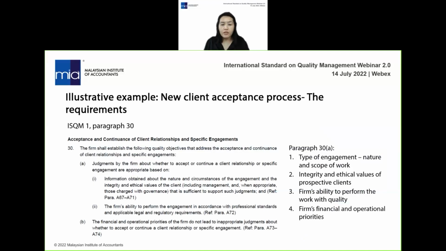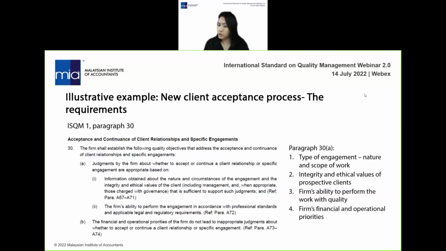So just to share with you a very simple illustrative example on the new client process. This is the requirements. If you look at ISQM 1 paragraph 30, this is the paragraph on the acceptance and continuance of client relationships. When you look at the wording, it sounds very bombastic and difficult to understand. But after you have read this, basically this paragraph 30A is talking about that you have to